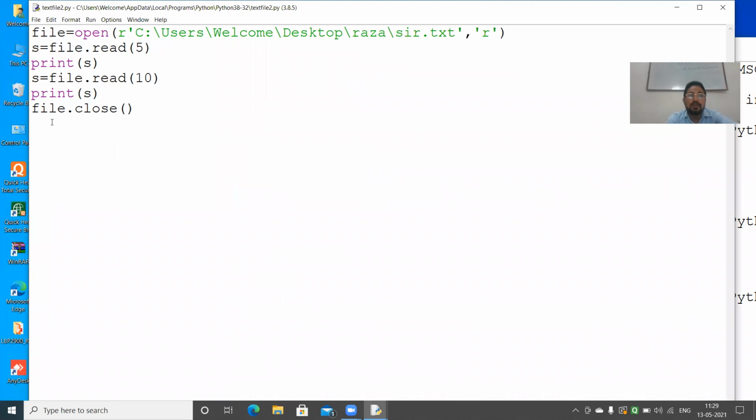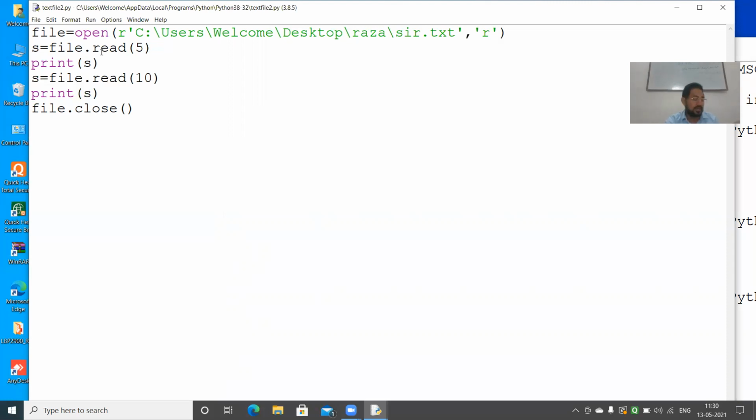Till now, clear. Now, next point which I am going to teach you is readline. I think I have given the definition. Readline reads a line of input; if n is specified, it reads at most n bytes. Hopefully, I have given the definition. Readline reads a line of input; if n is specified, it reads at most n bytes.